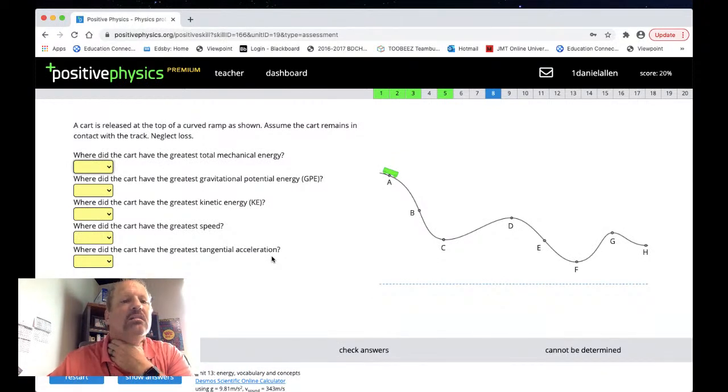We're at a cart released at the top. A curved ramp or a roller coaster is shown, and assume the cart remains in contact with the track. Neglect loss, and this is to say there's no friction. Where does the cart have the greatest total mechanical energy? And it should say